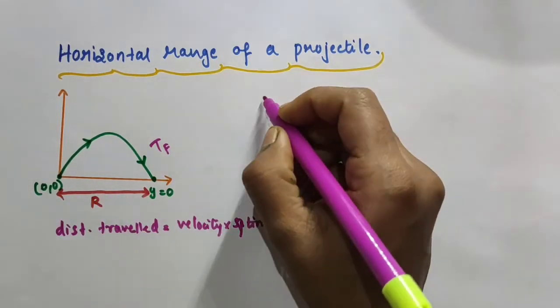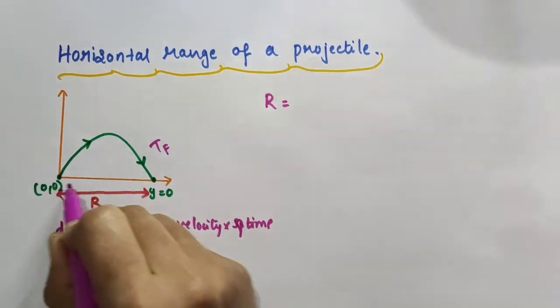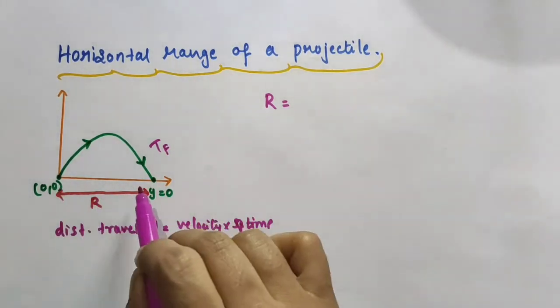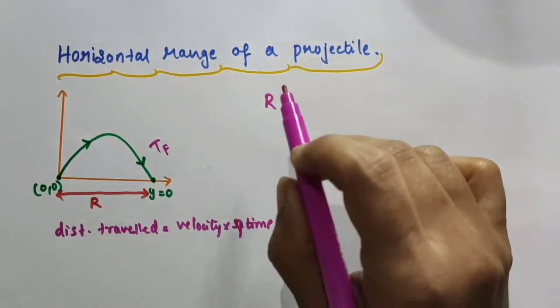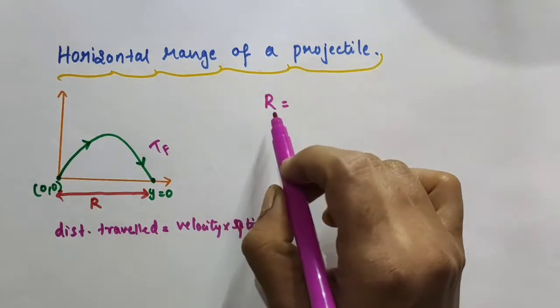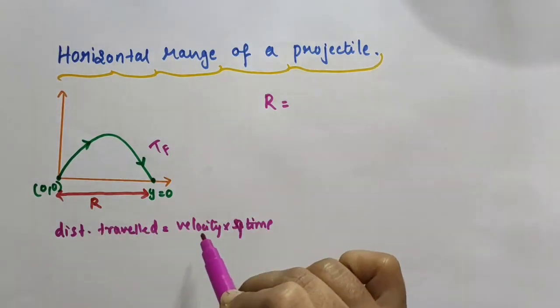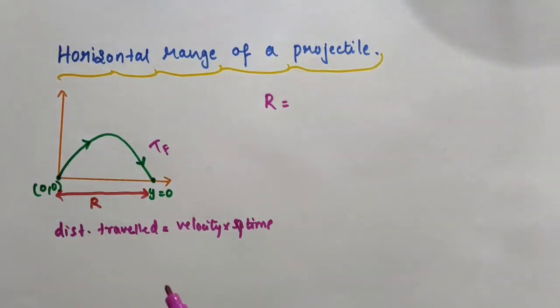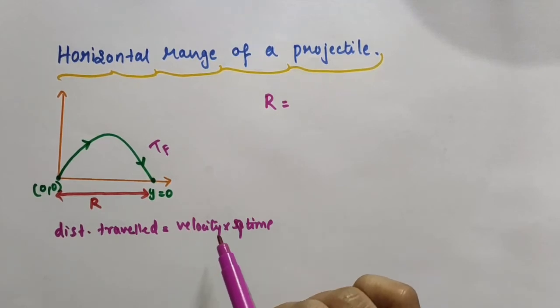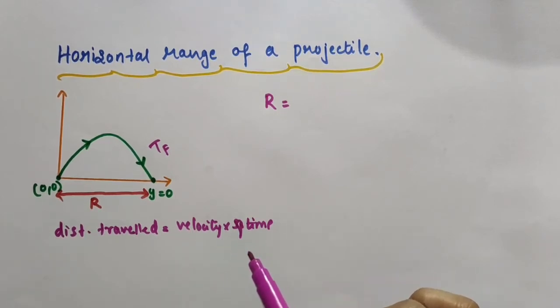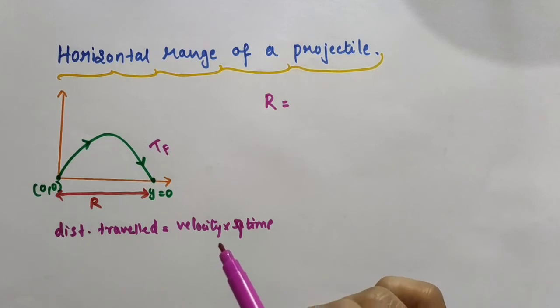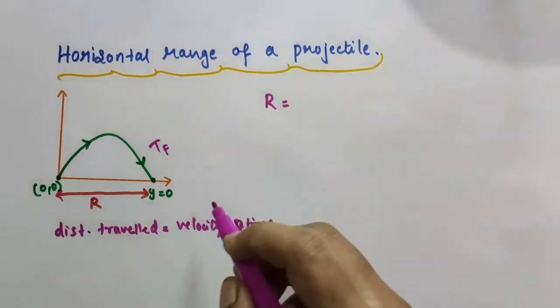Okay, so here the distance traveled is what? The range R. So R, horizontal distance. Now we are talking about the horizontal distance, so that is actually the range. So it is represented by R. So distance traveled is R. Now what about the velocity? Velocity is actually what? V0. That is, velocity is